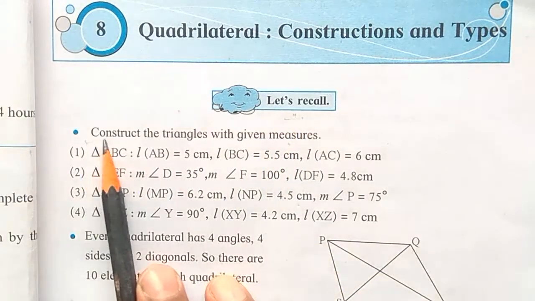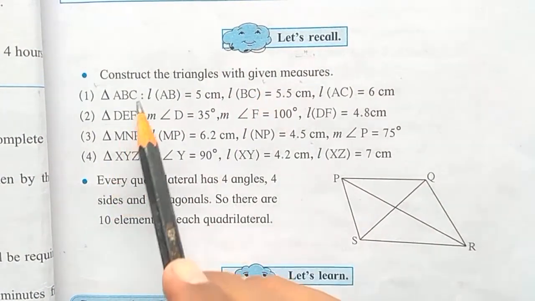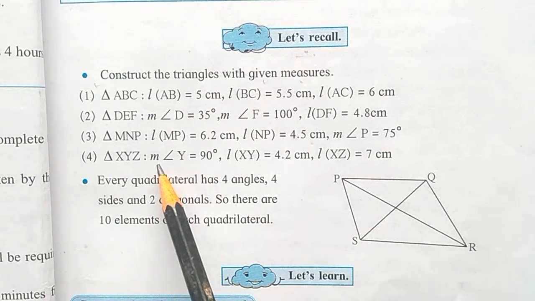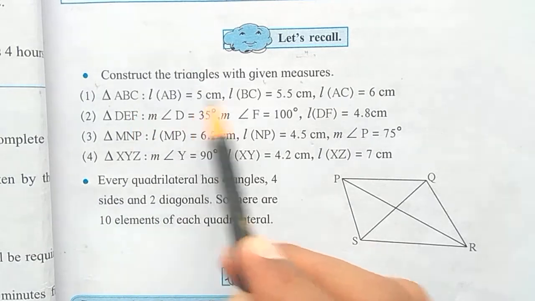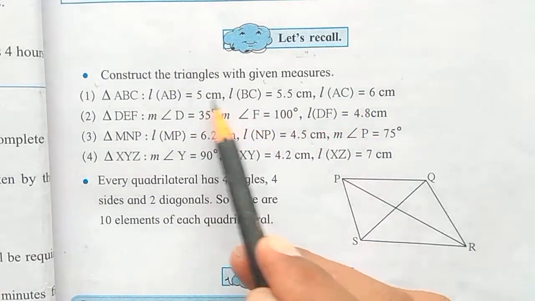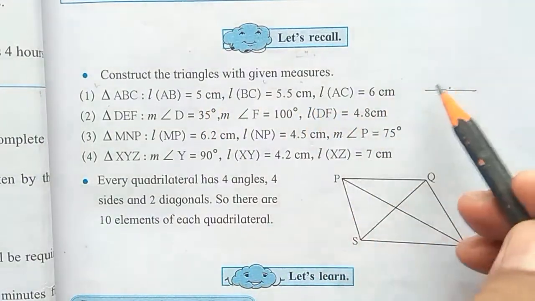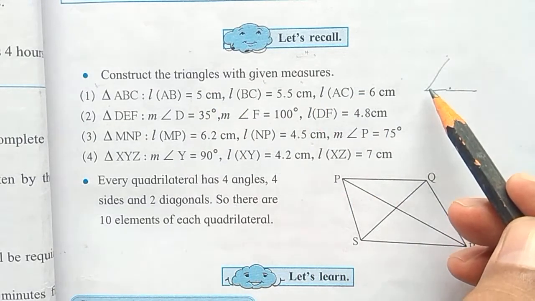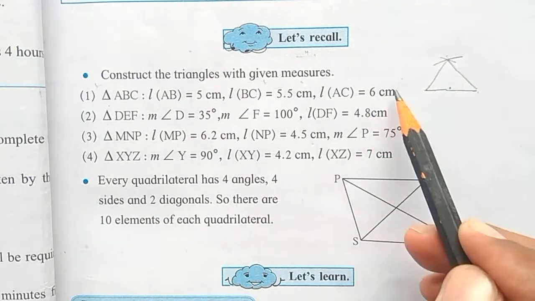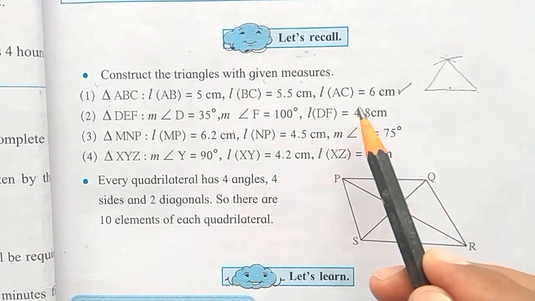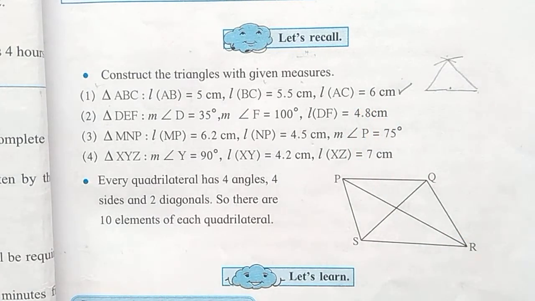Okay. First point is given, construct the triangles with given measures. So in 7th standard we have learned all this. These 4 types of construction we have learned in standard 7th. Let us see one by one in short. Triangle ABC, when 3 sides are given, we take any one of the sides as a base, and then taking the accurate measurement in compass, make the arc and join it. This way, this first construction we had seen. This we have already learned in standard 7, so I am just explaining it in short.